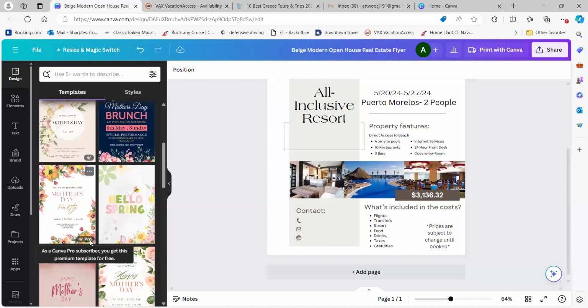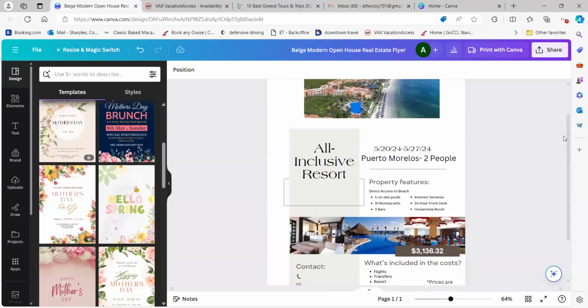Because I one time went to create a flyer and it would have cost $30 to download that flyer, when Canva Pro was only, I think, $15 a month. So if you're using Canva a lot for mock bookings, if you're posting every other day, that's highly beneficial. I personally don't do the with and without flights on the same flyer.